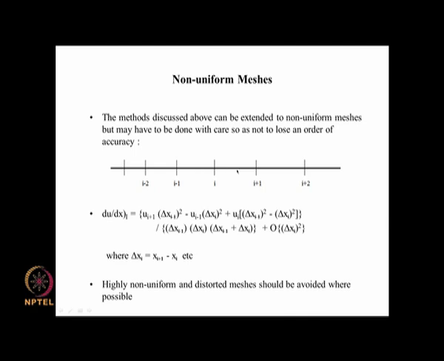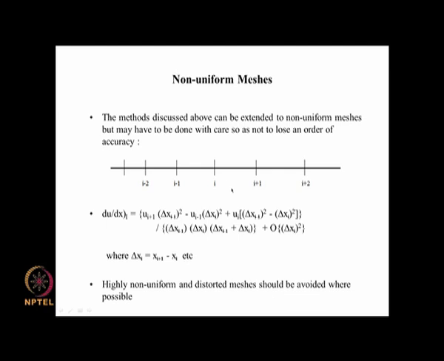Now if you have uniform grid spacing, when you add this expansion and this expansion, this term will cancel out for the first derivative, when we are deriving the central difference formula. But in this particular case, because delta xi is different from delta x i minus 1, they do not cancel out. So in order to derive a proper formula, we have to multiply one expansion by delta x i minus 1 and this by delta xi, and then do further algebra to cancel out those second derivative terms in order to derive a second order approximation.